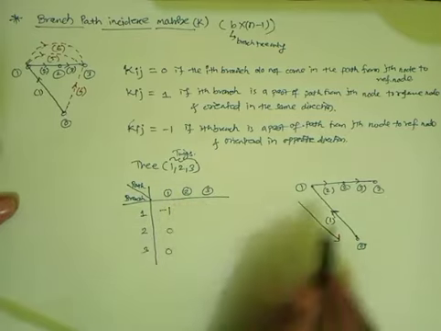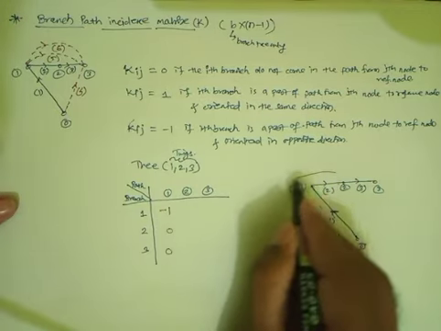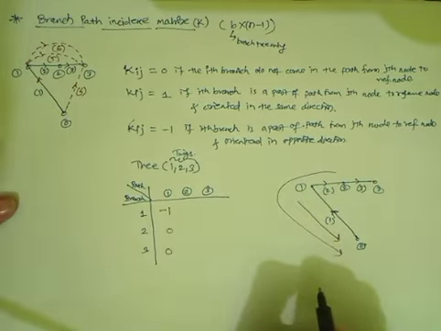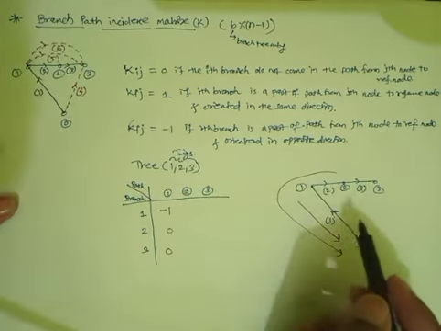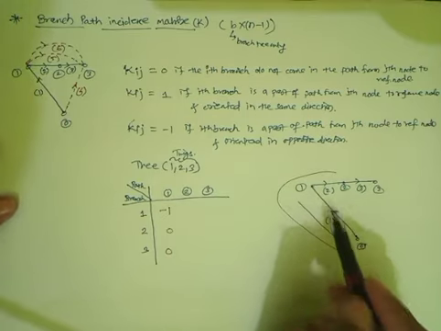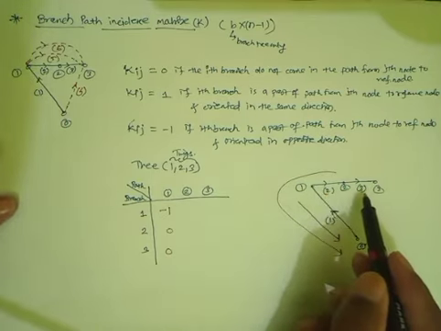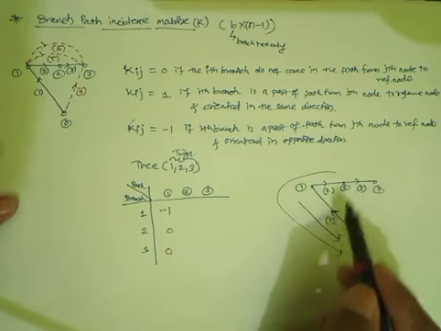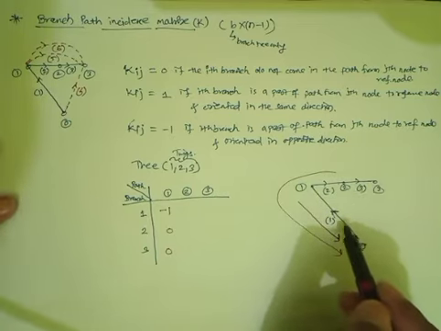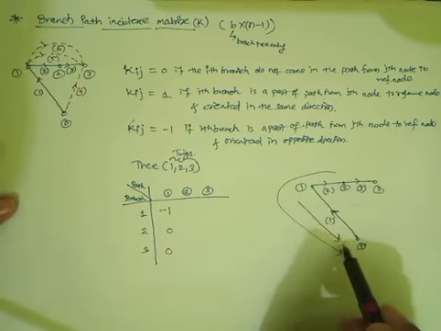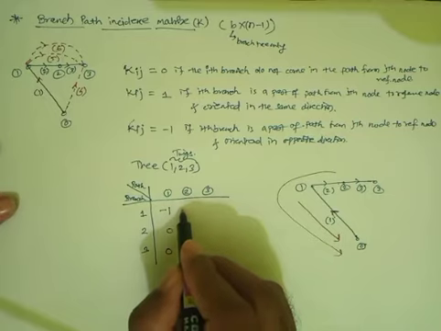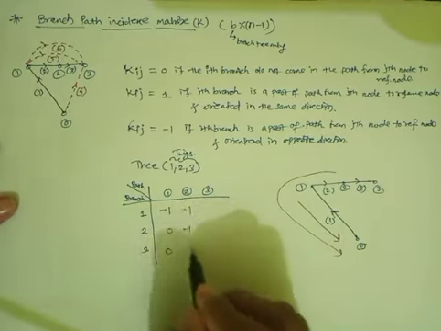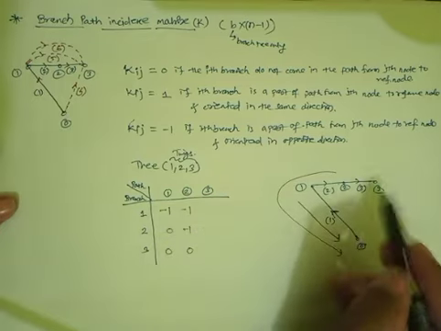Similarly, path number 2 will be from node number 2 to the reference node, and this will be the direction. In this second path, how many branches are coming? Branch number 1 as well as branch number 2, not 3. The direction of elements 1 and 2 is opposite to the path direction, so again it will be -1. If it is the same direction, it will be plus. So branches 1 and 2 are -1 and the third will become 0.